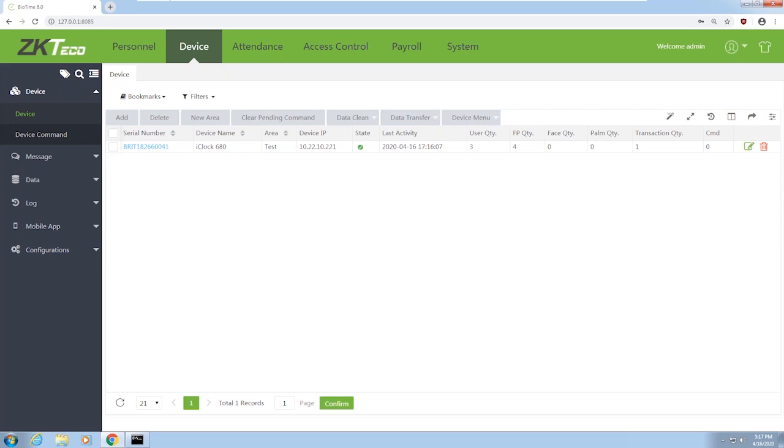I have registered a device with the option registration device set to no, but it's still possible for an employee with the registered role to create new users that override the users that are already registered. How can I disable the possibility to create new users but maintain the possibility to register fingerprints of the users in the device? Okay, let me read it again. I have registered the device with the alternative set to no, but it's still possible for an employee with the registered role to create new users that override the users that are already registered in BioTime 8. Okay, well,